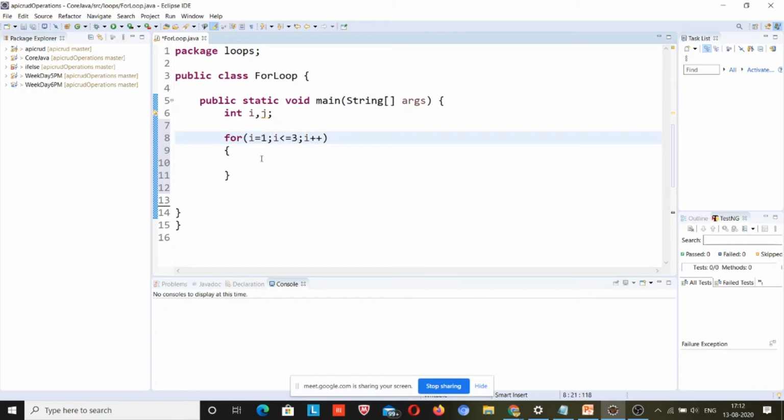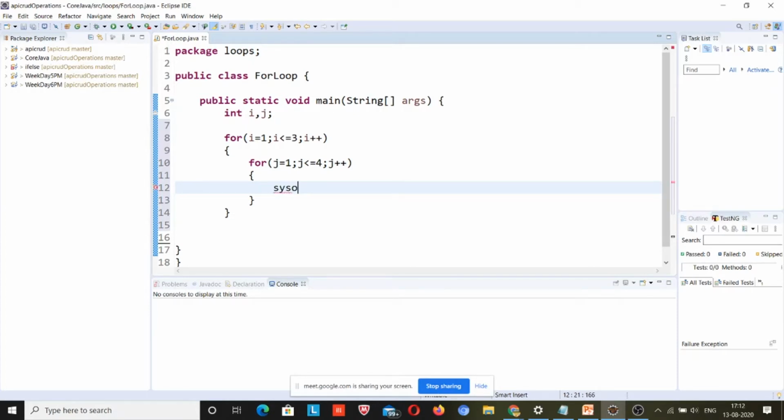Once you initialize, you don't need to initialize again and again. This is the nested one: j is equal to 1, j is less than or equal to whatever value I want to give. Suppose I give 4, j plus plus.